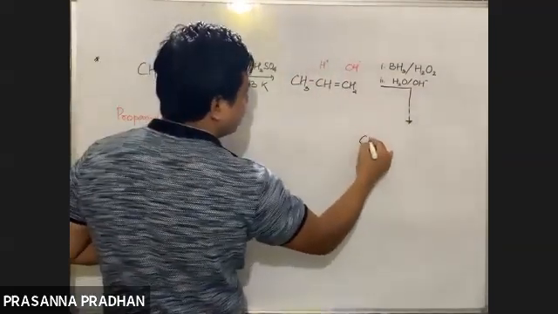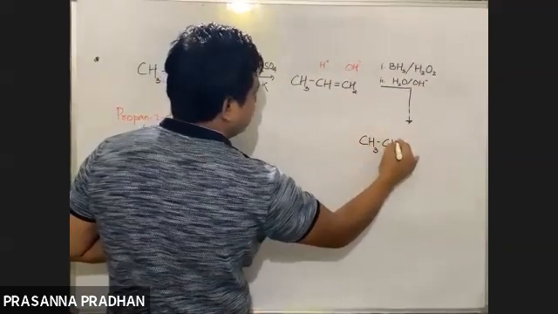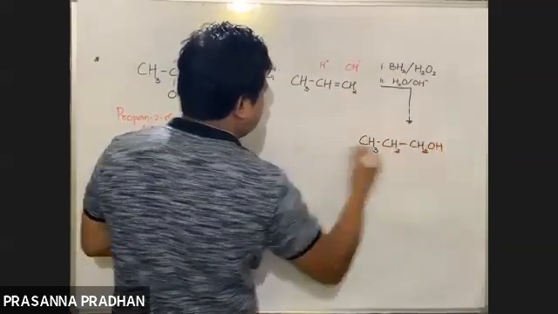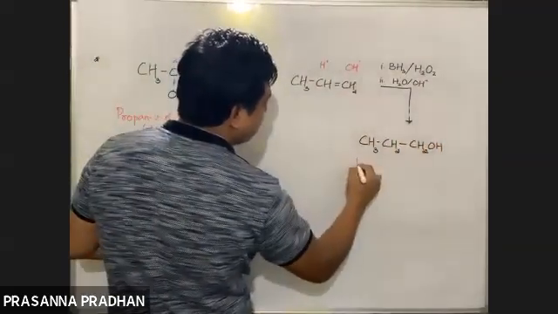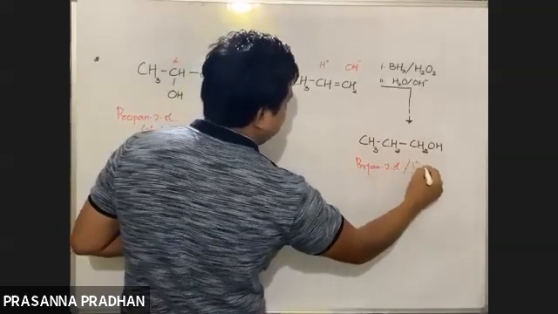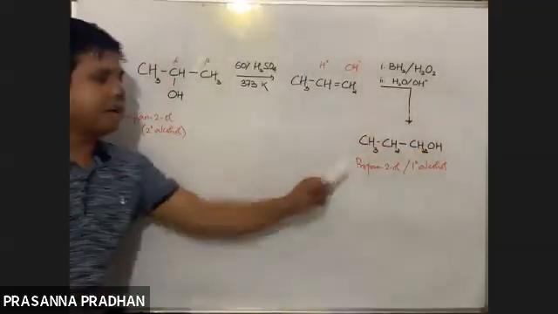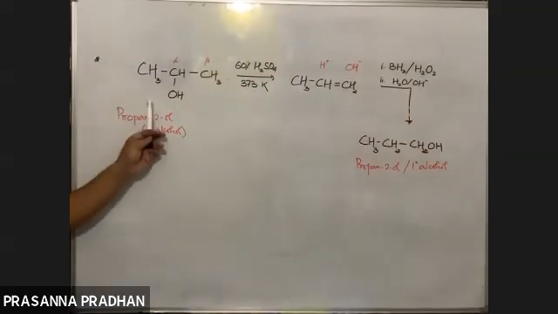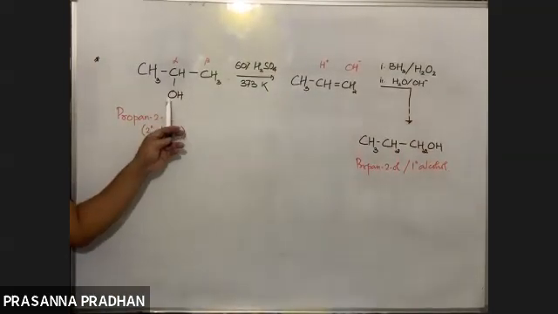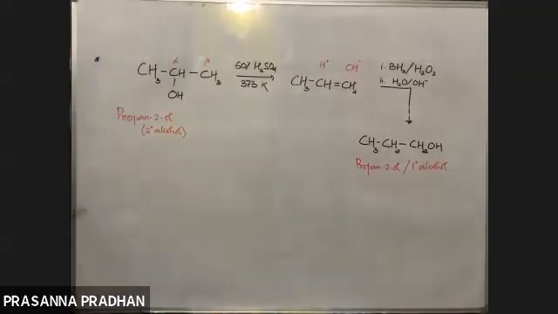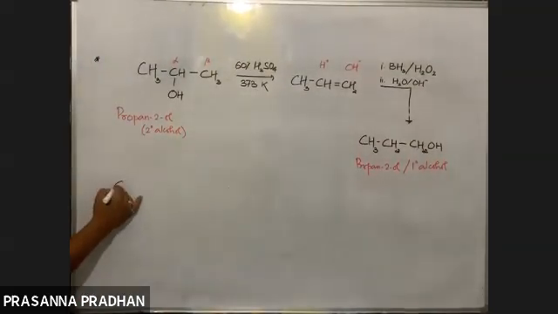So what do we get out here? We get CH3, CH2, single bond CH2, OH. So what are we getting, guys? क्या मिल रहा है यहाँ पर? 1 degree alcohol. Propan-1-ol, a 1 degree alcohol. Yes, we can convert 1 degree to 2 degree and 2 degree to 1 degree alcohol. What are we doing actually? We are shifting the position of OH. So first I need to convert this into an alkene. Then addition.